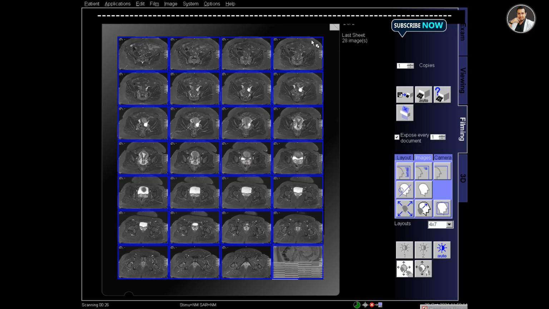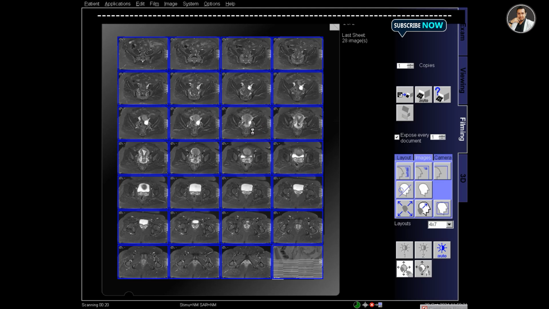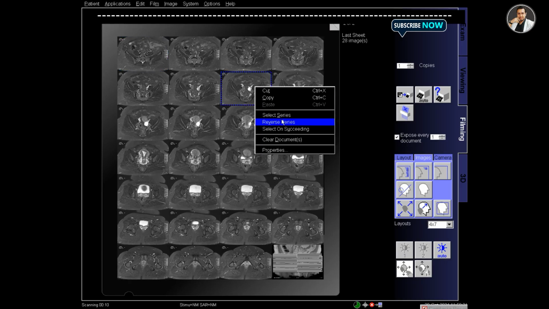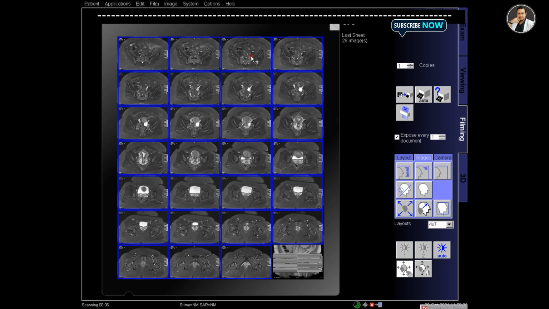And then slightly zoom pan and adjust the contrast so that it fits perfectly in the segments. And also adjust the reference image and make sure that the patient's information is in all the segments.